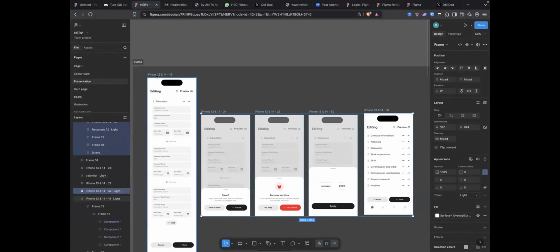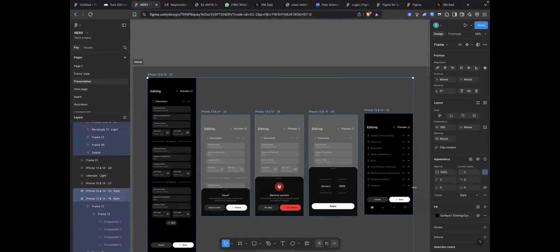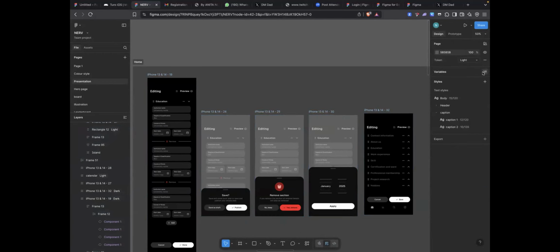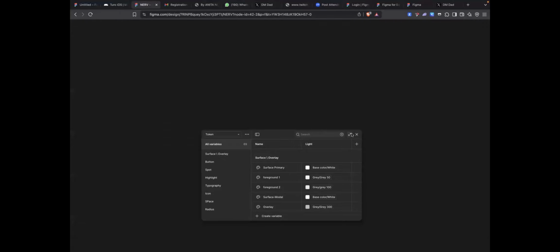So you see how I easily switch from my light mode to my dark mode here. I didn't have to start designing the styles again, because I have the variables. Now this is the variable. Okay, see the variables here.